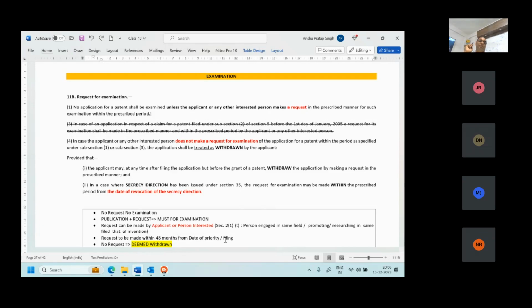Please listen to my question very carefully. You file an application. On the date of filing, you filed a complete specification, of course, and you immediately requested for examination. When will your application be examined?